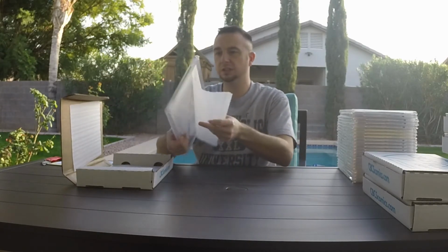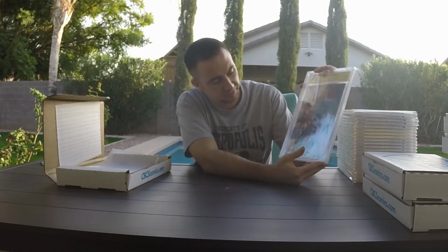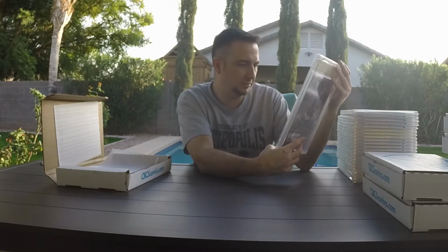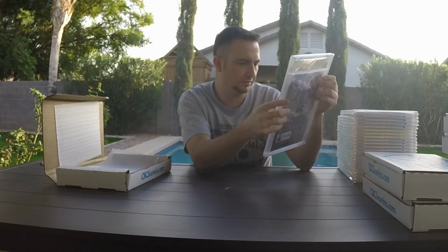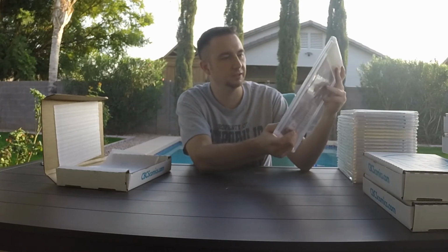Here's the last one, another one that I had autographed. Jay Lee, Superman Batman annual number 1 from the New 52s. This one was in rough shape apparently. Said there was a huge stain on the cover. I don't remember seeing it, and I still don't see it. But it is in rough shape. I just wanted a second comic just to grab and have Jay Lee autograph, so I just grabbed it out of the box before I ran down to the Comic-Con. This one came back 7.5